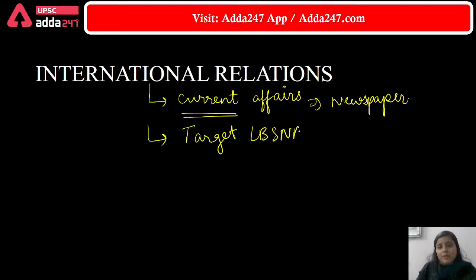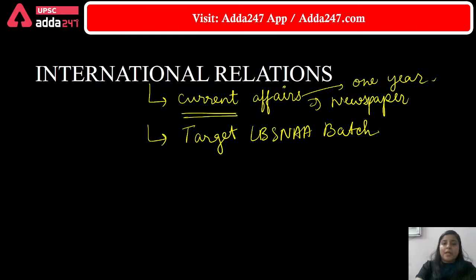So whatever is required for your exam from the point of view of international relations, your background of every relation between India and other countries will be covered in the batch itself. Okay, and the current affairs of 1 year is more than sufficient for this. No need to refer to current affairs of more than this 1 year.